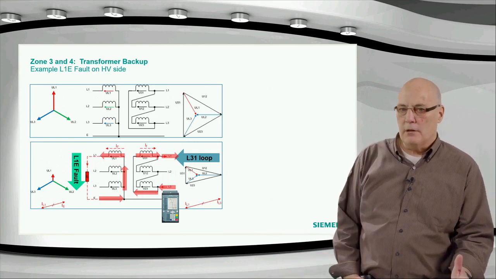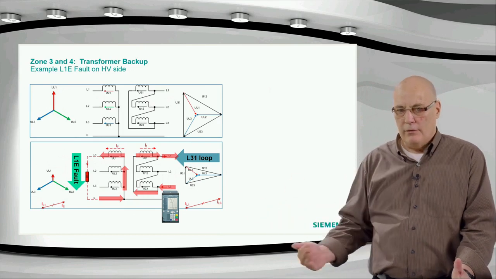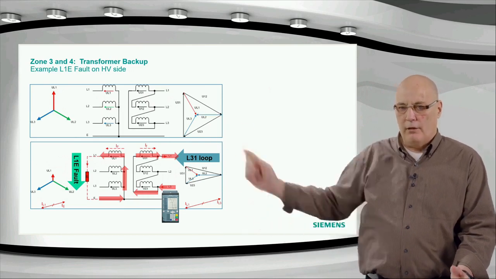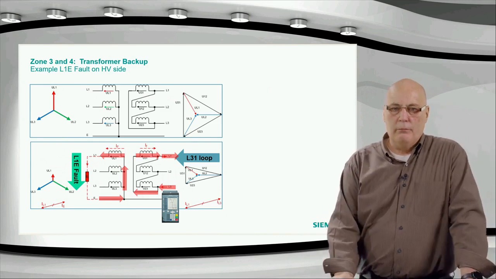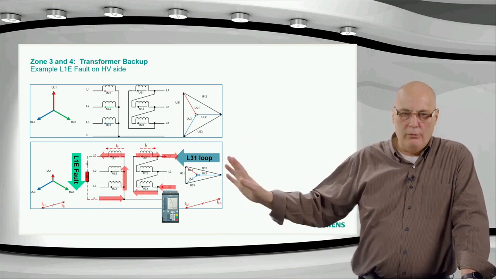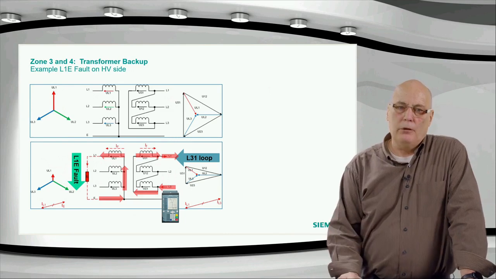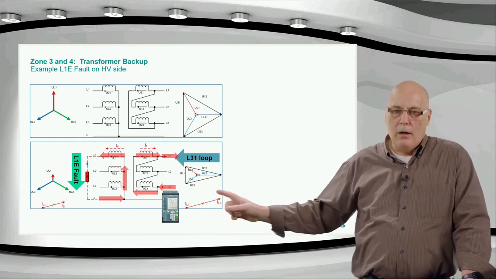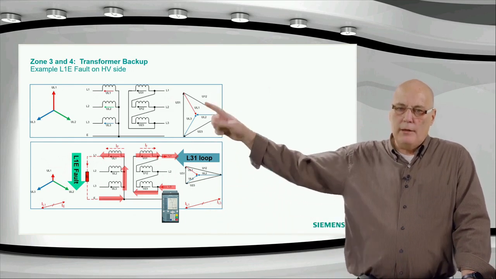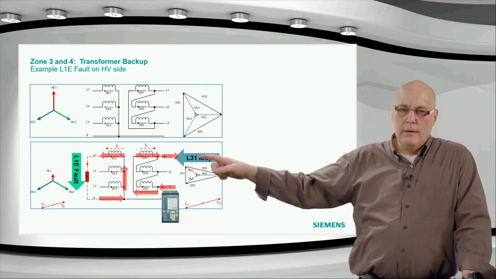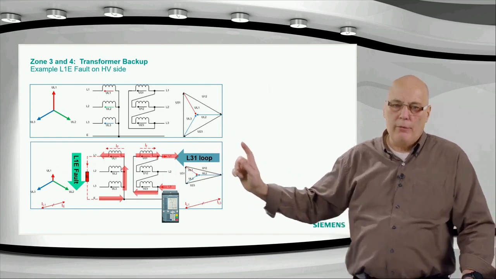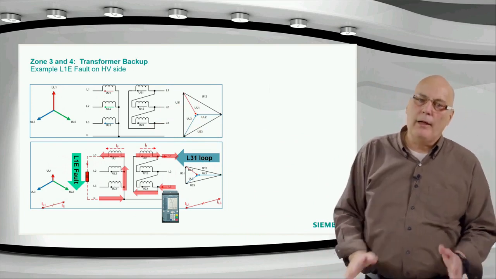Because the Y is at 0. And on the delta side, the LV side, you can see the L1 voltage is at 5 o'clock, just for an example. But that's not important for us now. What's important is the bottom diagram. You can see our relay located on the LV side, the delta side, is measuring this. And we have now applied a fault on the HV side,